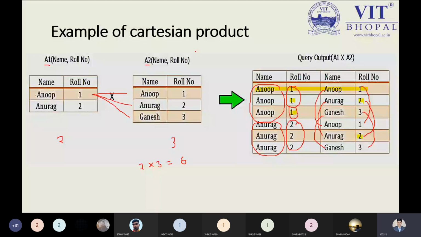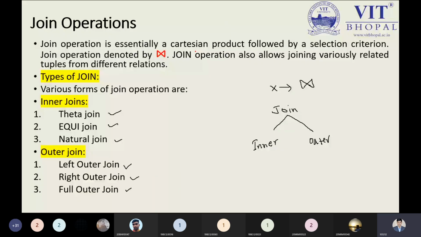We have various flavors of the join operation, so let me explain what the join operation is. The join operation in relational algebra is inspired by the Cartesian product, and it is completely pulled by the selection criteria. In the selection criteria, you are selecting based on your condition, based on your parameter, and you get the records, tuples, or details properly. In relational algebra, we speak of tuples or rows, while in the normal way we speak of records or tables.